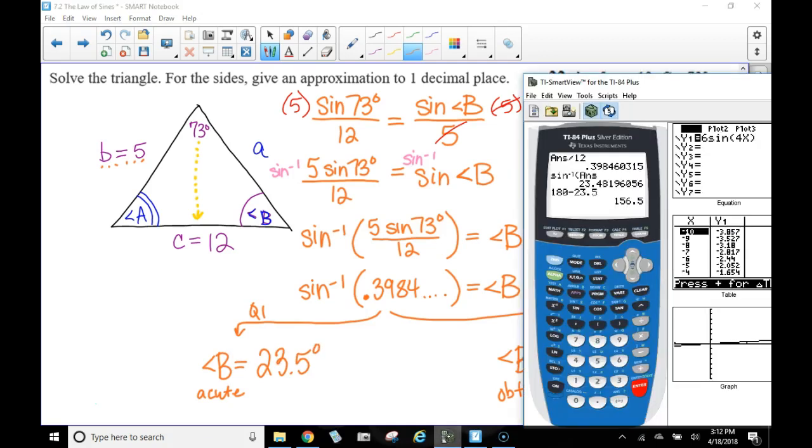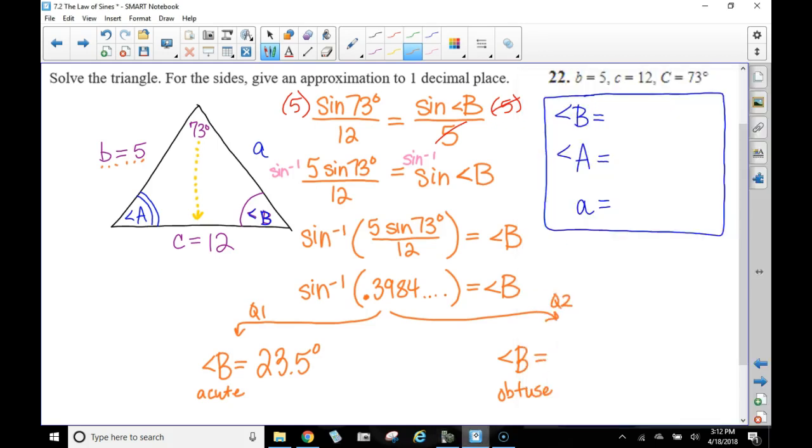And we also had 156.5 degrees for quadrant 2. Okay, those are two choices. So let's go put those in by angle B. 23.5 degrees, that's choice 1. And is it also possible for us to have angle B of